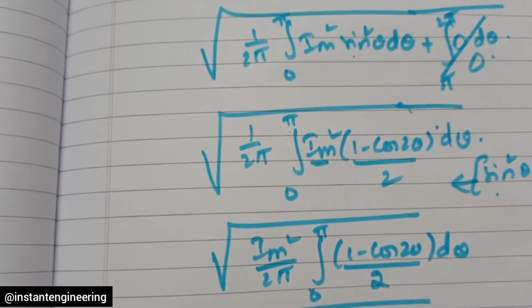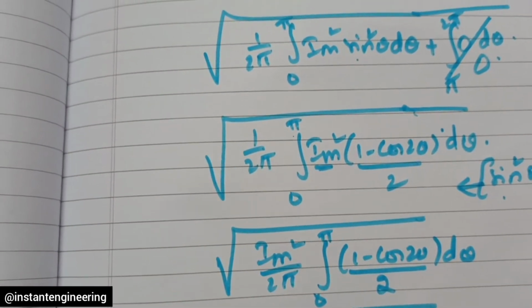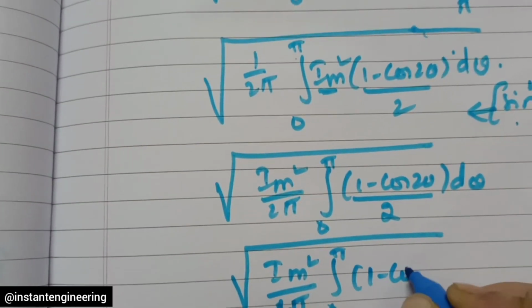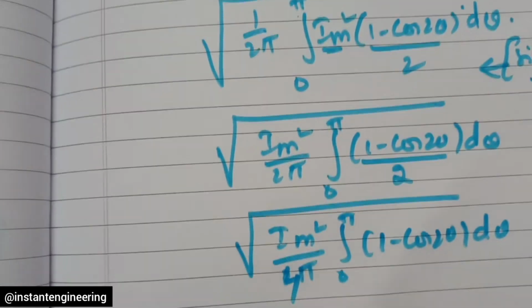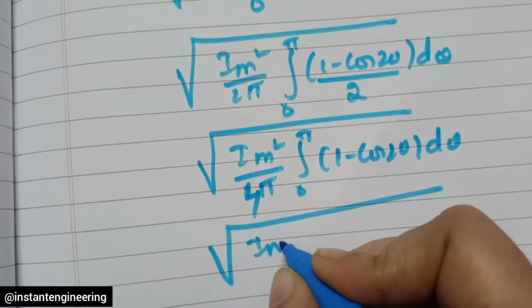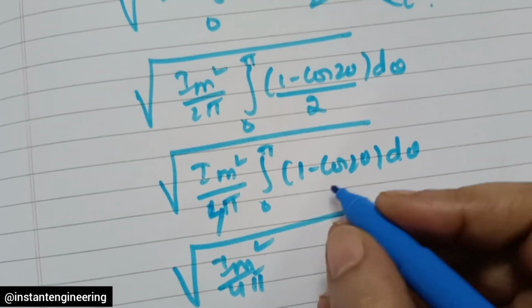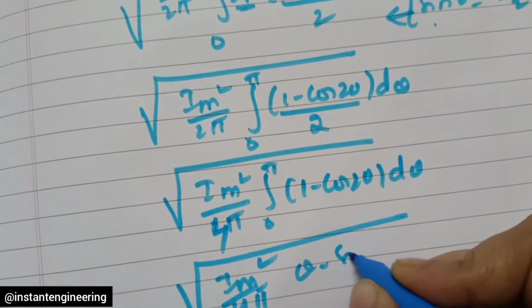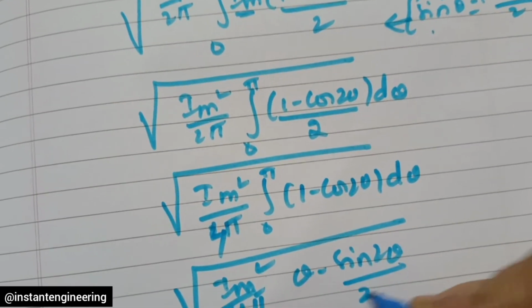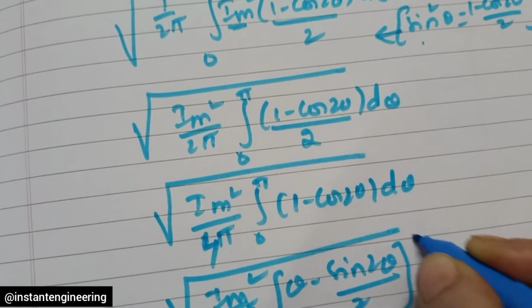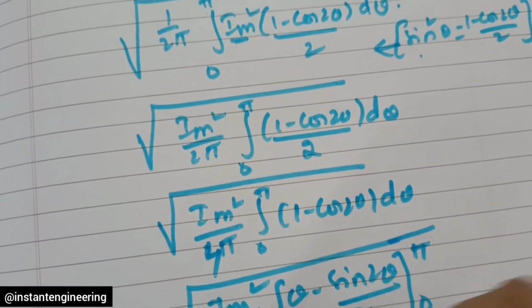So this 2 also, if it goes here, it will become 4. Integration 0 to pi, 1 minus cos 2 theta d theta. Again writing this, Im square by 4 pi, theta minus sin 2 theta by 2, 0 to pi. So this value will be,